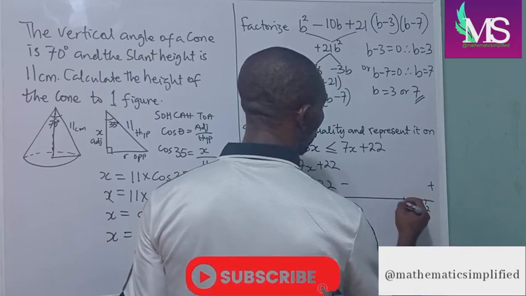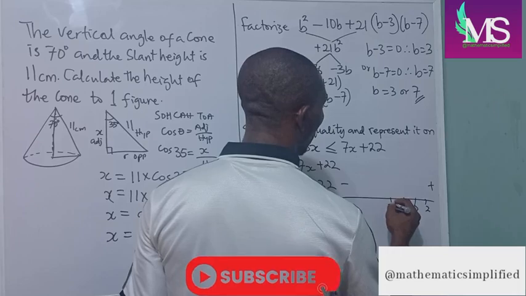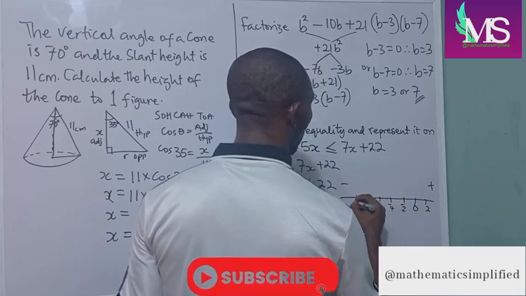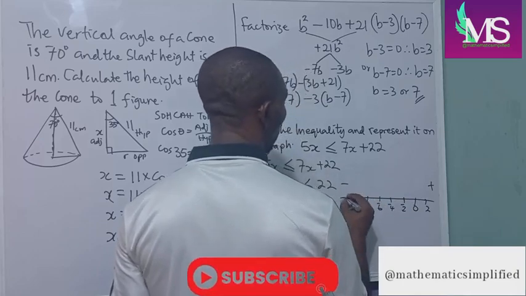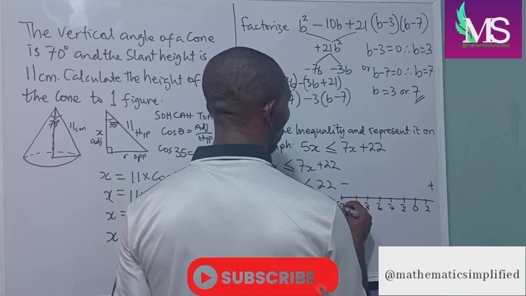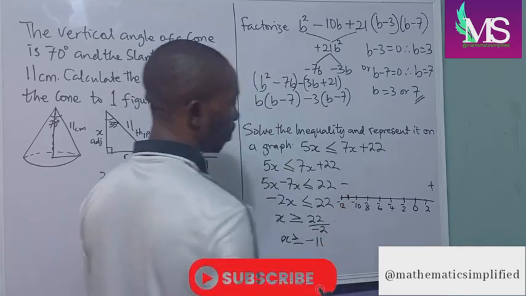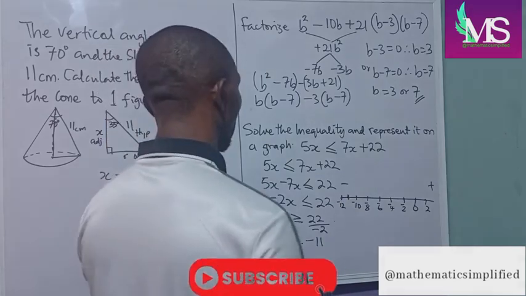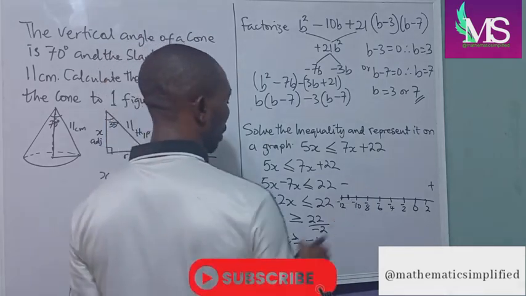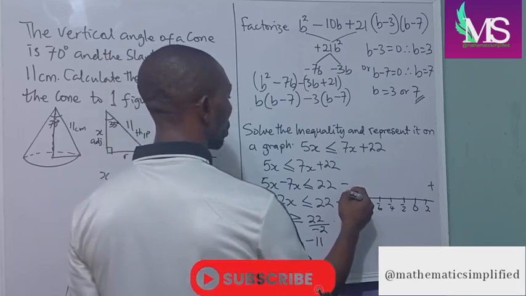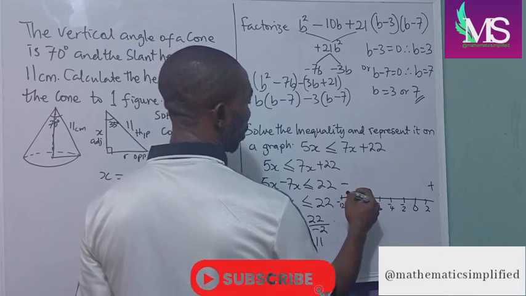Sorry, this will be plus 2, minus 2, minus 4, minus 6, minus 8, minus 10, minus 12. So our minus 11 will be somewhere here. Since it's minus 11 and is greater than or equal to, the circle will be shaded